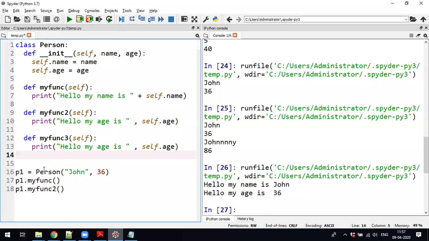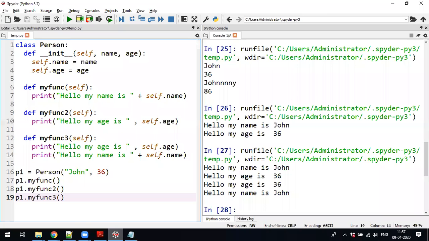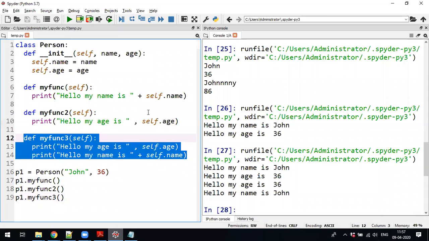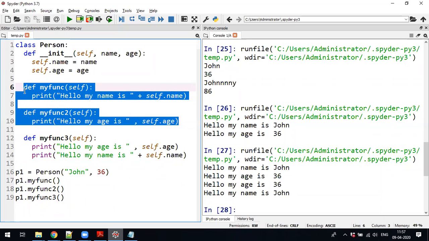See the indentation. Without the indentation, if you write, it's a very big problem. See the third function, I'll just write it to print both the name and the age. It is as simple as that to create user defined functions.